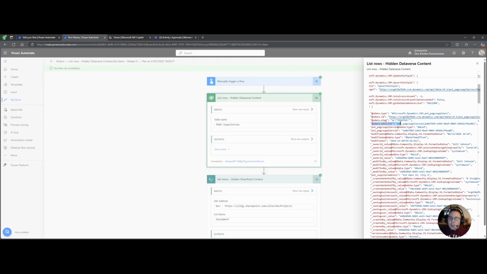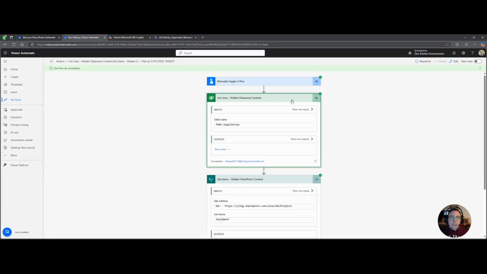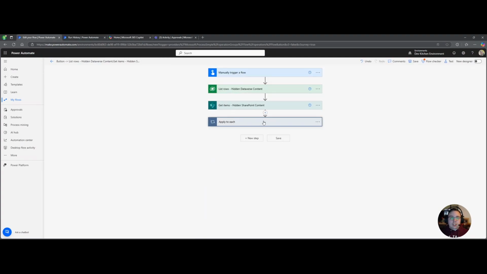Now, a lot of the time when we're using Dataverse tables, we're building relational databases, right? And another large amount of the time spent in Power Automate when working with Dataverse is creating new records and then linking them to another record or the parent record. And before the OData edit link piece was there, if we wanted to add a new record,